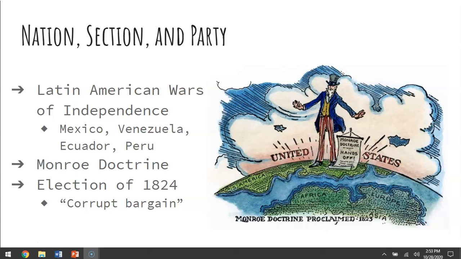For many decades, this document became the cornerstone of American foreign policy, and it claimed for the United States the role of the dominant power in the Western Hemisphere. This document, the Monroe Doctrine, reflected a rising sense of American nationalism. But sectionalism seemed to rule domestic politics, and the election of 1824 really exemplified that. The only candidate that could claim truly national support was Andrew Jackson, and his policy didn't rest on any kind of specific public policy. His popularity rested on his military victories over the British at the Battle of New Orleans and over the Creek and Seminole Indians in Florida.